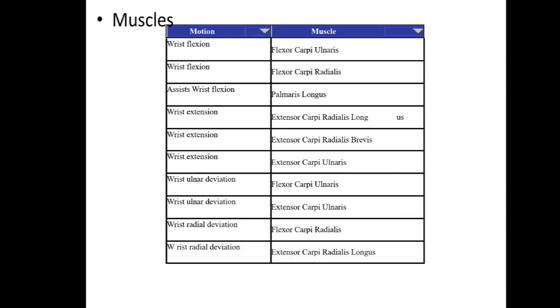Now the muscles. During wrist flexion, flexor carpi ulnaris and flexor carpi radialis are active, and this wrist flexion is assisted by the palmaris longus. Wrist extension is usually done by the extensor carpi radialis longus, extensor carpi radialis brevis, and extensor carpi ulnaris. Ulnar deviation at the wrist is usually done by the flexor carpi ulnaris and extensor carpi ulnaris, and wrist radial deviation